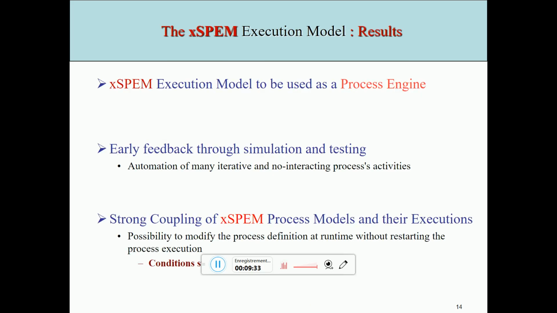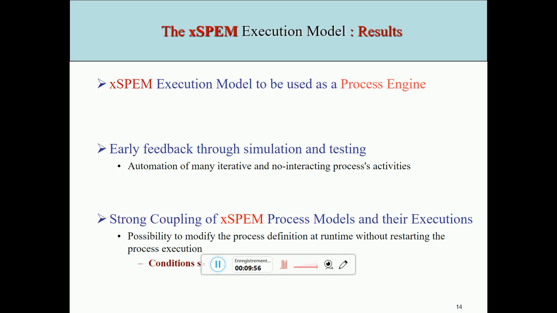So the results were actually pretty good. We defined what we call this time an interpreter for our process models that we used as a process engine, and we were able to have early feedback by making our process models executable, so we could straight away test and see what is happening, and if something is wrong we just modify the process model and test it again.